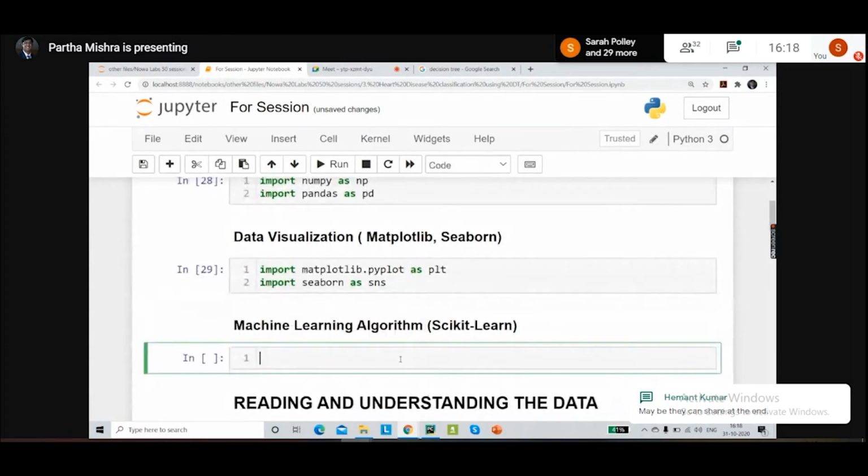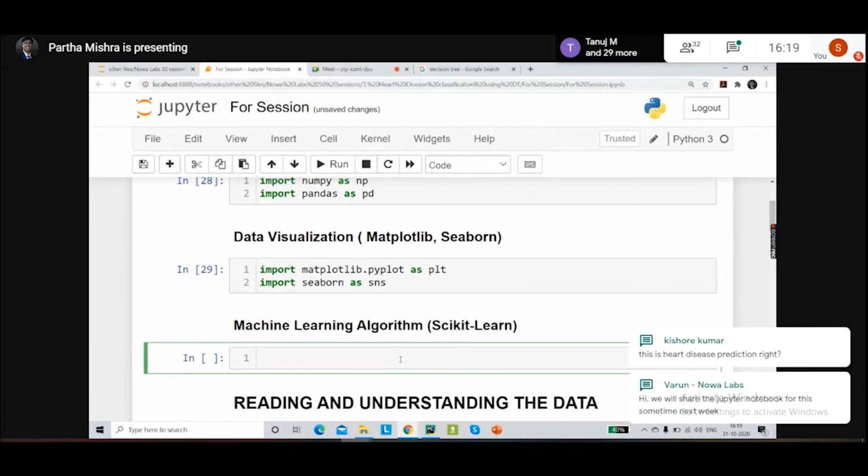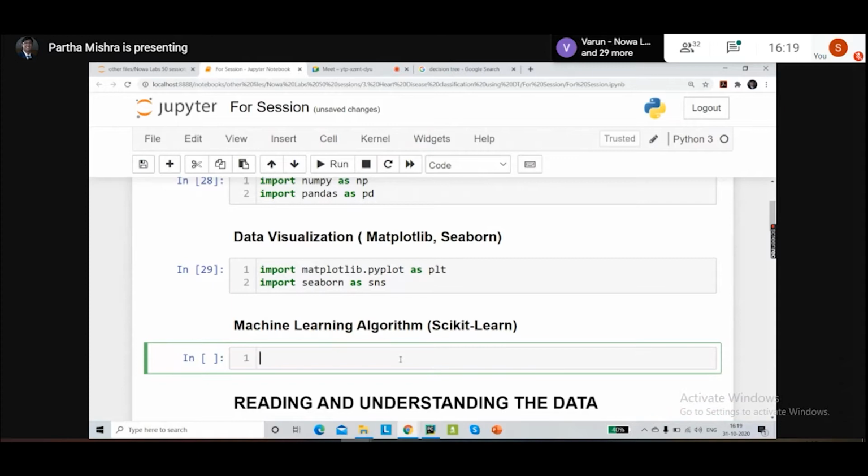now for the major chunk, that is the machine learning algorithms. And since we have already decided that we are going to use the decision tree for the particular model, we have to import two things now. One is a decision tree classifier, and the second thing is, whenever we're trying to build any particular machine learning model, we have two portions. One is the training data and one is the test data.